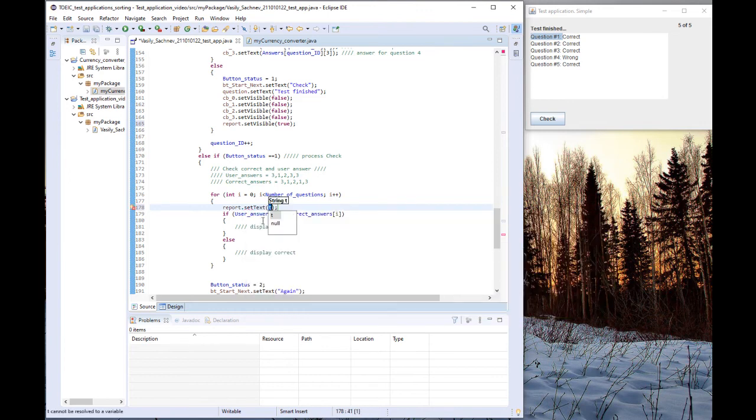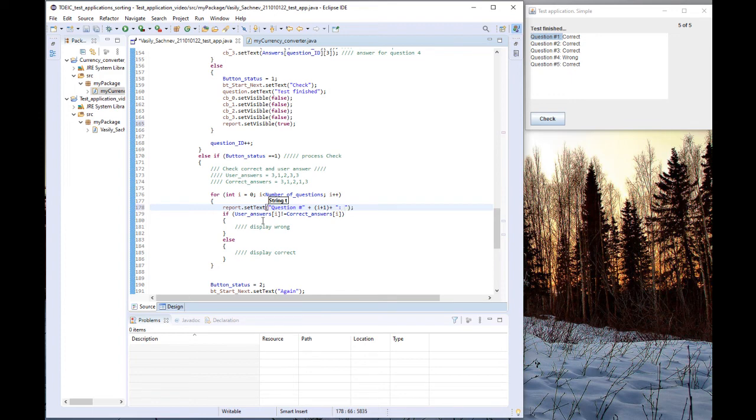Okay, so here will be the question number. So what number will be here is i plus 1, plus